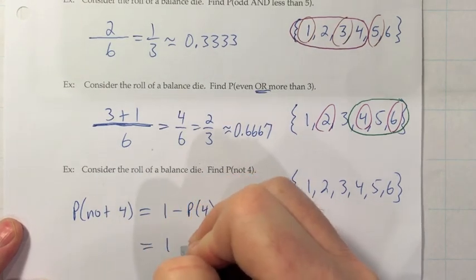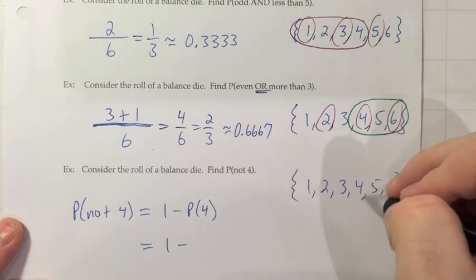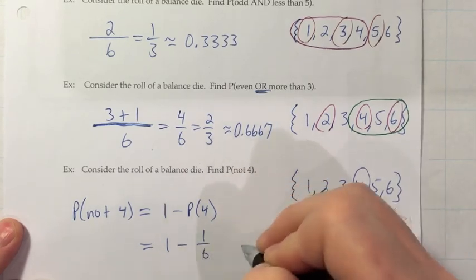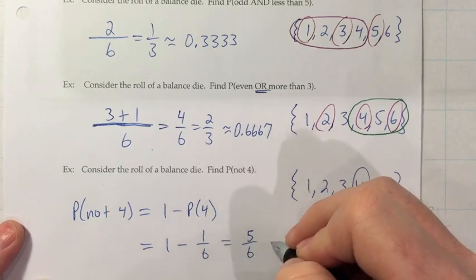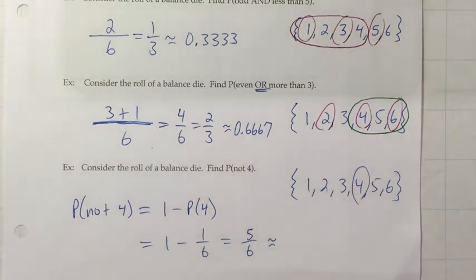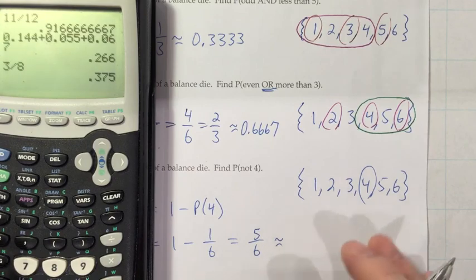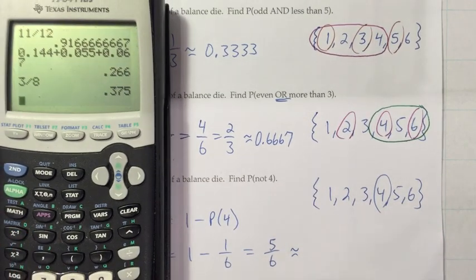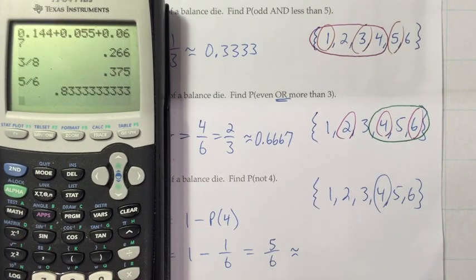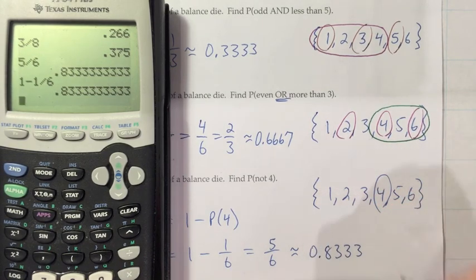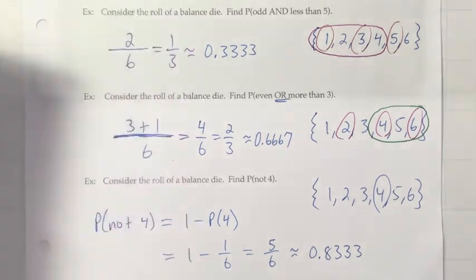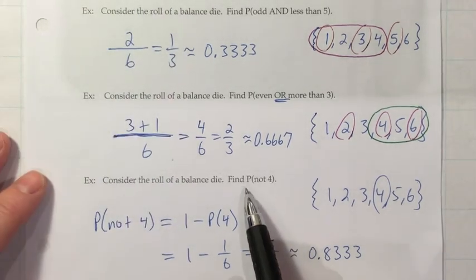And if we do that, we do 1 minus the probability of a 4, and a 4 is just 1 out of the 6 numbers. If you do that with a common denominator, you'll come up with 5/6. When you go to the decimal, you have a choice. If you did the common denominator work, you might as well enter in the 5/6 to get the answer. But if you just wrote it out this way, 1 minus 1/6, you get the same decimal. So 0.8333.